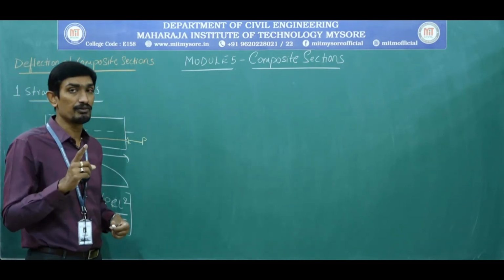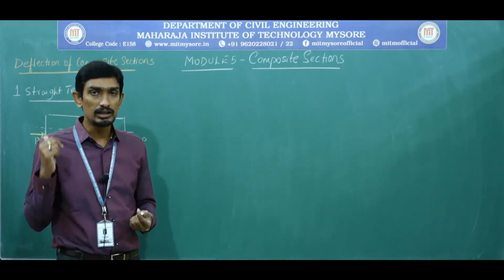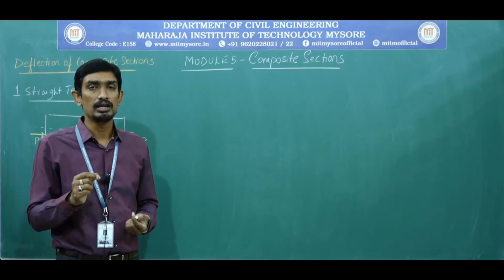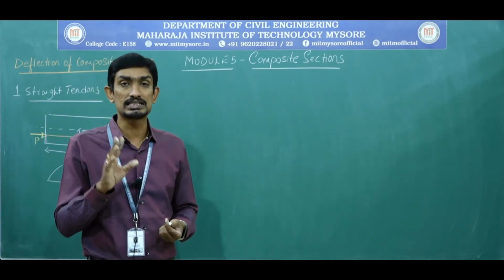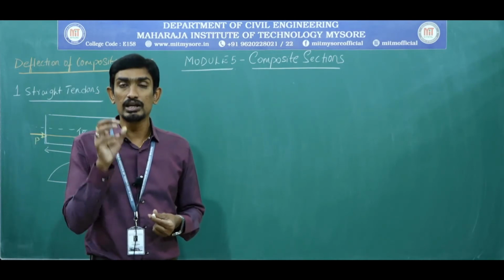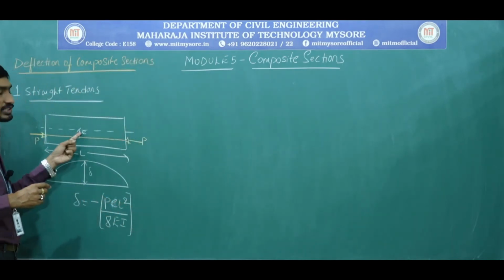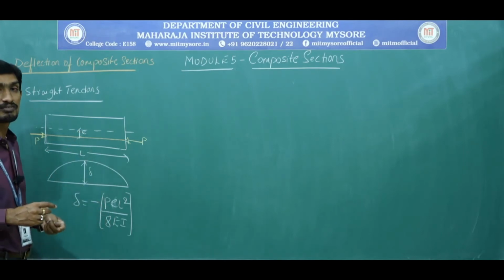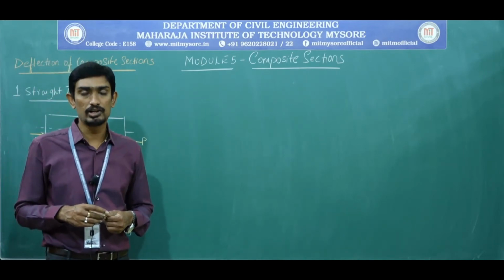Because you need to be very careful. In module number 2 you were not worrying about modulus of elasticity. But in this deflection of composite section, you need to substitute properly. If both moduli of elasticity of cast in situ slab and precast are the same, no need to worry. If both differ, then you need to substitute properly. Now I am going to calculate the deflection due to pre-stressing force on the precast beam, hence I need to substitute the modulus of elasticity of the precast concrete beam. Did you get my point?